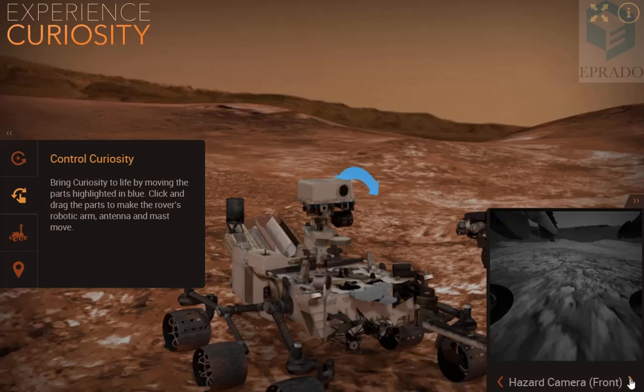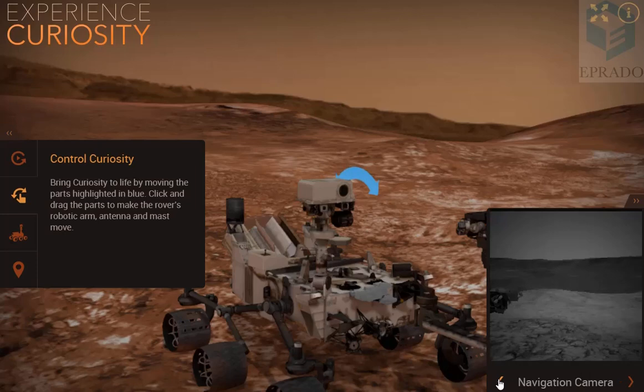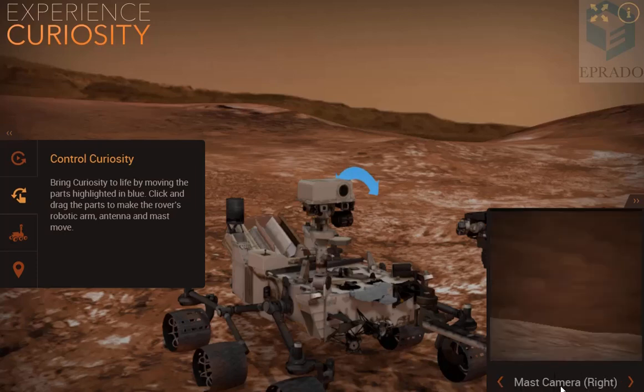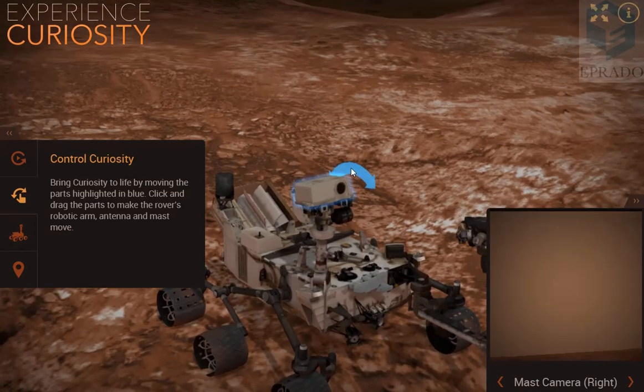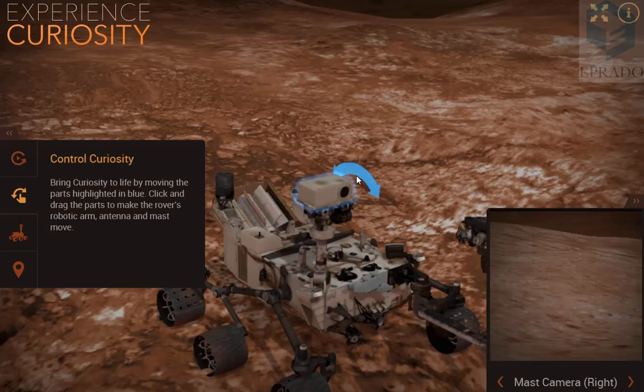So now it is showing the output of the hazard camera. So change this output to mast camera, so that you can see what is captured by the mast camera. Okay,